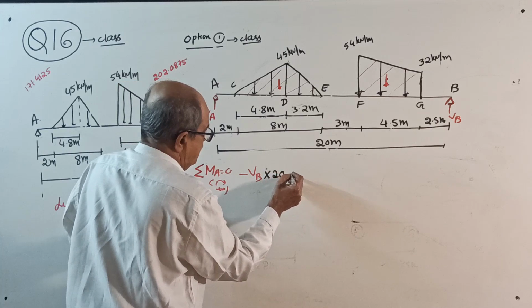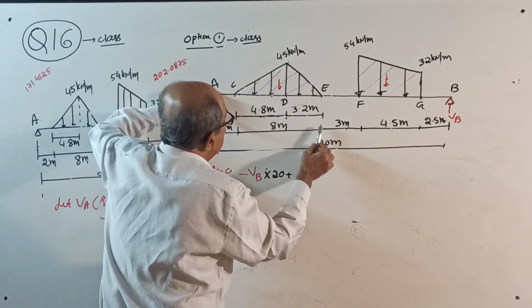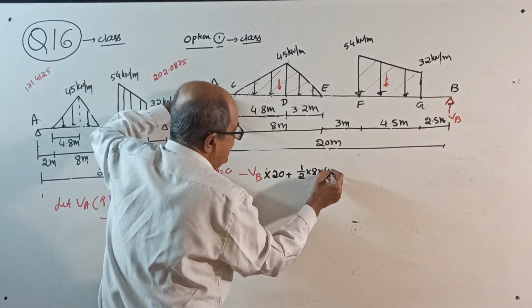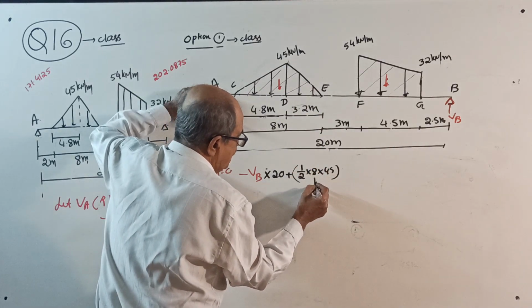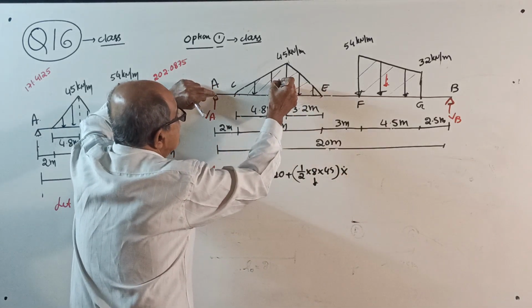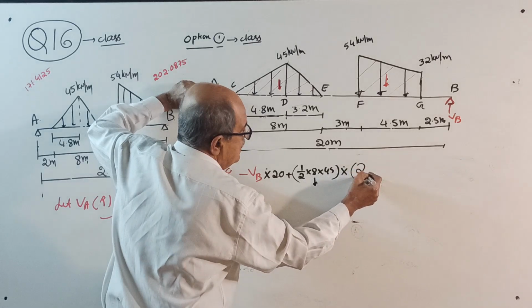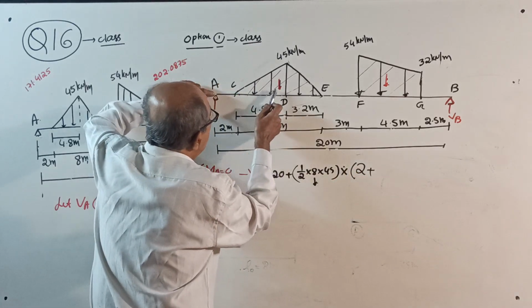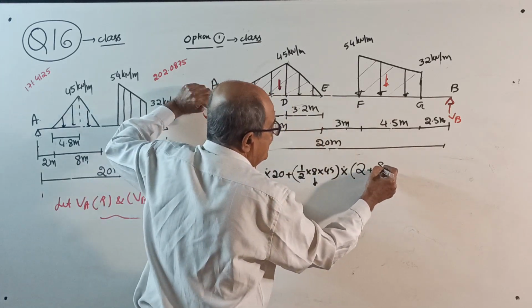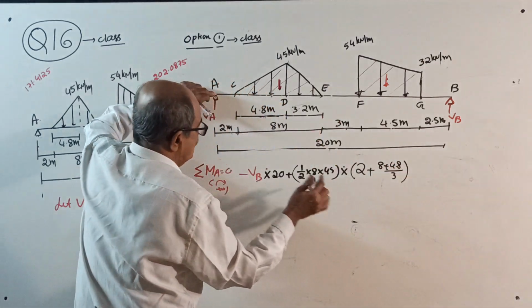VB into 20 plus this total load, just now explained, half into 8 into 45, is the total load multiplied by the distance from here to the line of action of the total load, which is 2 meter outside plus another from here to here, just now I explained, 8 plus 4.8 divided by 3, okay. Plus